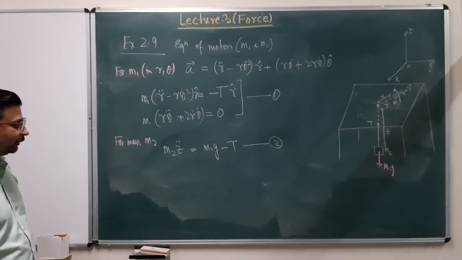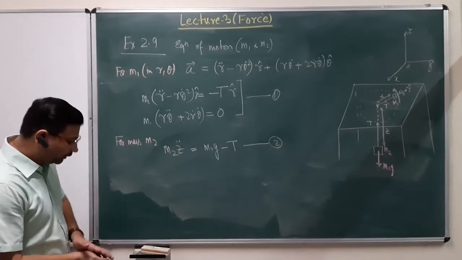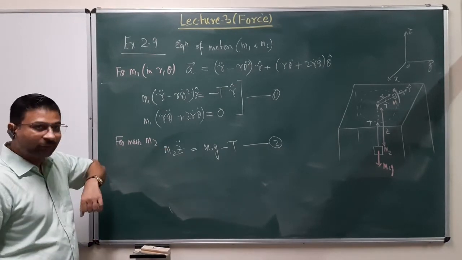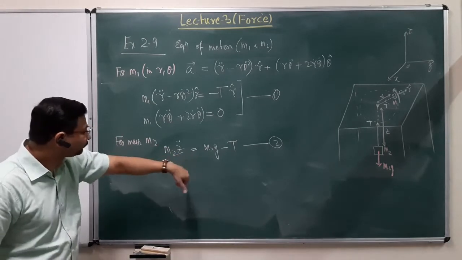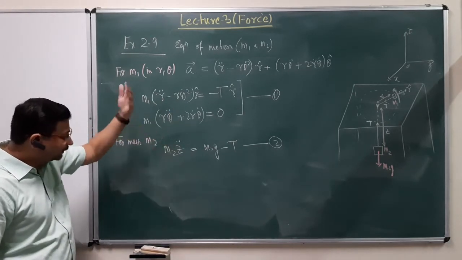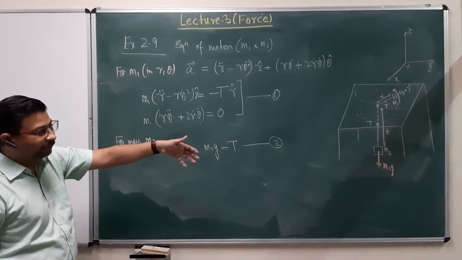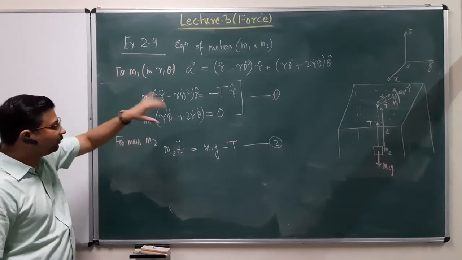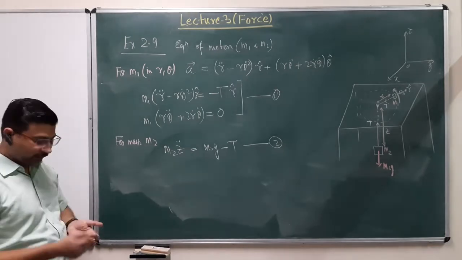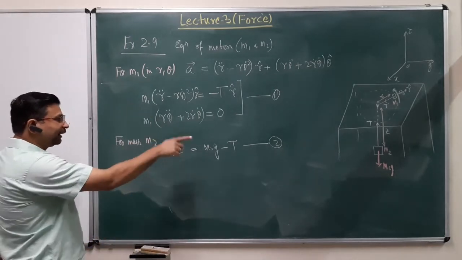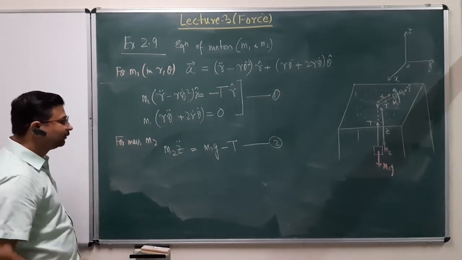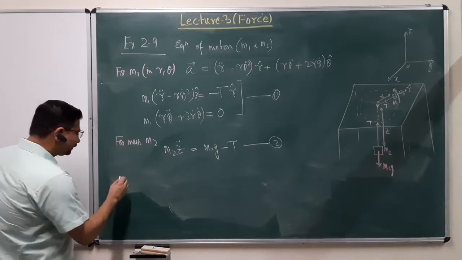So this is the equation of motion, and now we have to solve this. However, we don't know what the tension is. Of course, r double dot here is our parameter which we want to evaluate. Z double dot is also a parameter which we want to evaluate. However, we cannot do this unless we know what the tension is. And to find out the tension in the spring, or to eliminate it, what we can do is we can use